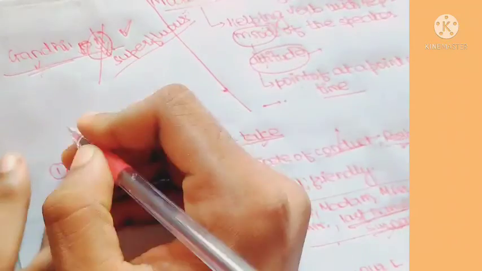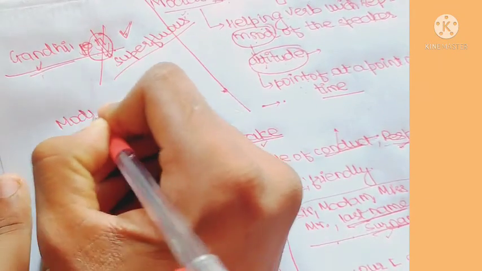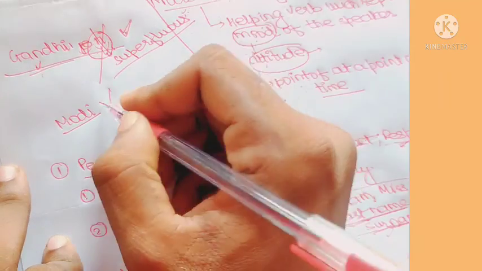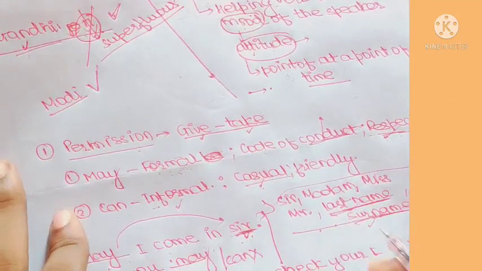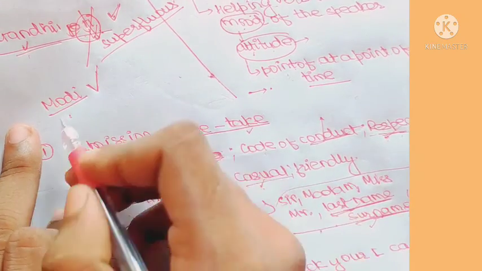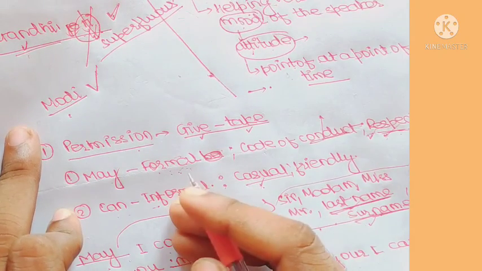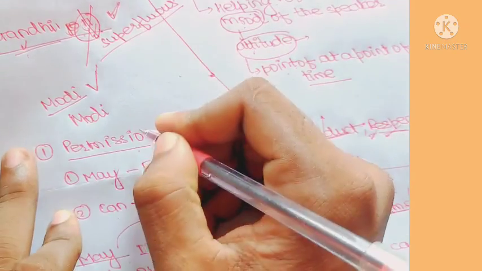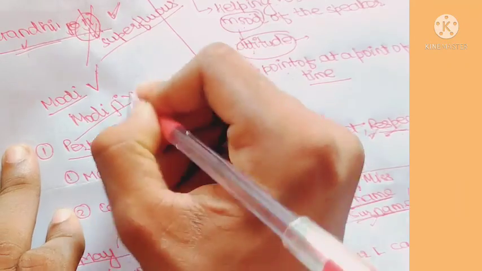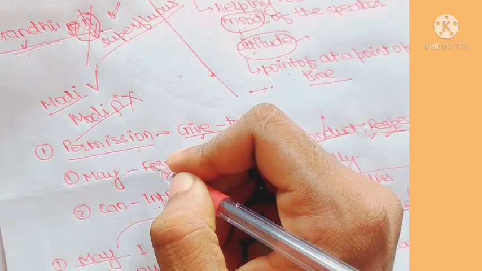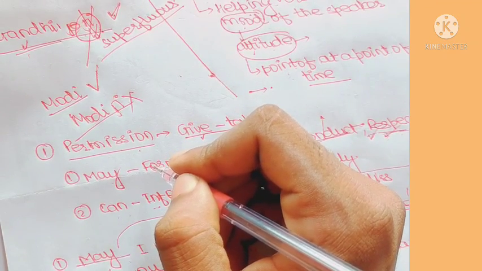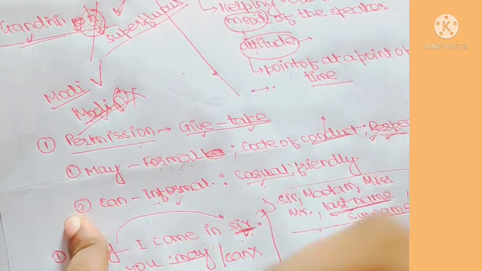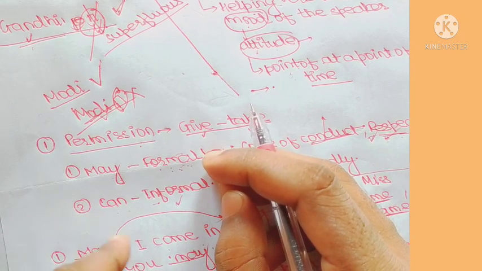You might have read in the newspaper only Modi. Why is Modi correct and no one is going to question it? Because Modi is the surname, and just by saying it, respect can be seen in that, right? And I think you might not have seen Modi ji written there in the newspaper. I think I have seen lots and lots of times there is no Modi ji, right? Why? Because just by saying Modi, his surname, we are showing our respect. I hope it's clear to you.